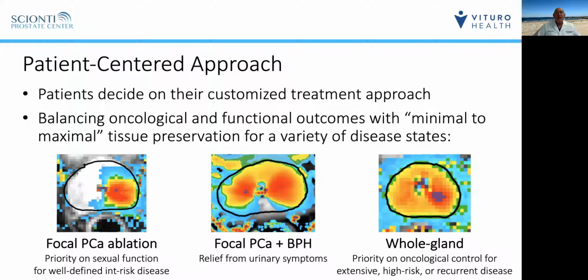The TULSA system allows for a patient-centered approach. Patients can decide with their surgeon on a customized treatment approach. It allows the urologic surgeon to balance oncologic and functional outcomes with minimal or maximal tissue preservation for a variety of different disease states. The system is well suited to focal ablation when there is a prioritization on maintaining sexual